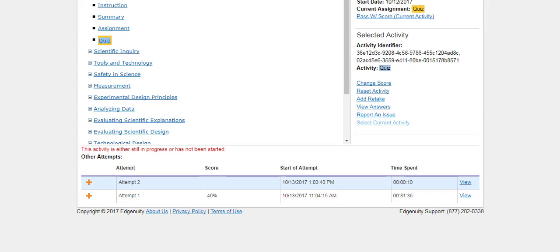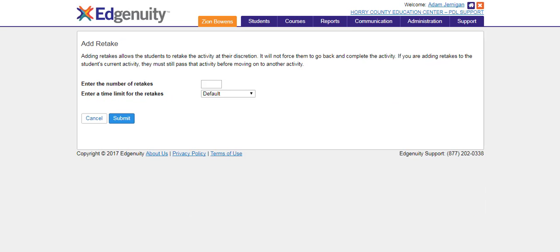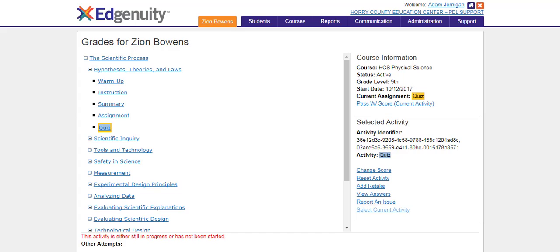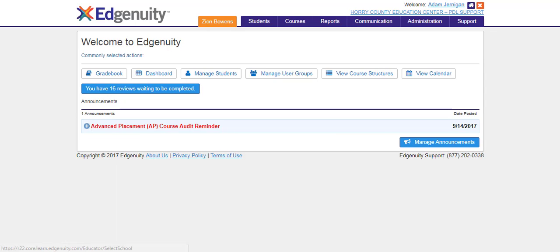If a score shows up for both attempts, this means that if you provide the student with a retake, you can click Add Retake, enter the number 1 as they are only allowed 1 retake, and then click Submit. Now, if we go back to our home screen and go back into the dashboard,